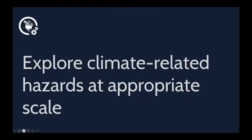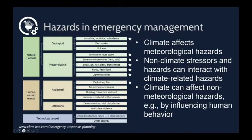So in order to explore climate-related hazards, we have a few definitions to get out of the way. First of all, hazards themselves. So this is taken from a publication. This chart on the left is taken from a publication by emergency managers, which separates hazards according to natural and human-caused events or technology-caused events. And among natural events, we can see a number of meteorological events. So all of these clearly would have a climate influence. But what's interesting here is that there are other kinds of events, even geological events, that